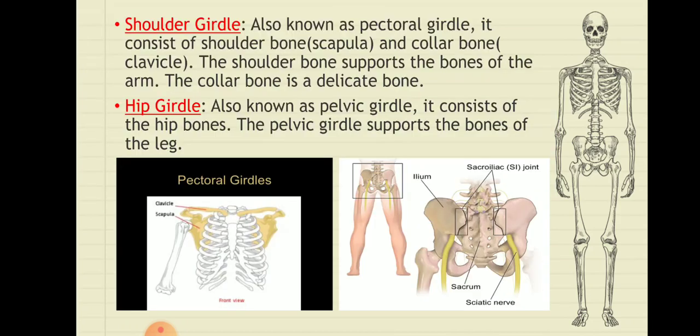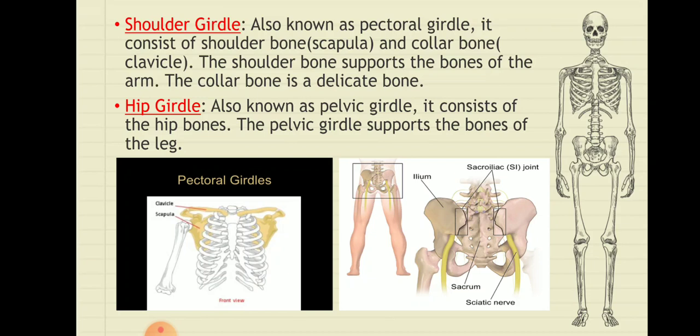Then we have the shoulder girdle. Now what is this shoulder girdle? It is also known as the pectoral girdle, as we have seen in the earlier slide, that the vertebral column supports the shoulder girdle. So this is the one which we were talking about. It consists of the shoulder bone and even the collarbone which we have. You can see in the figure that the bones shown in yellow color, they are the collarbones and the shoulder girdle.